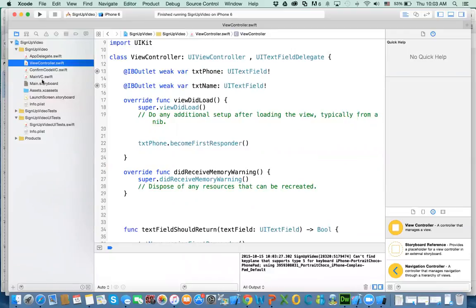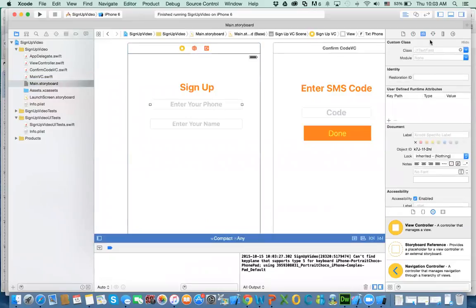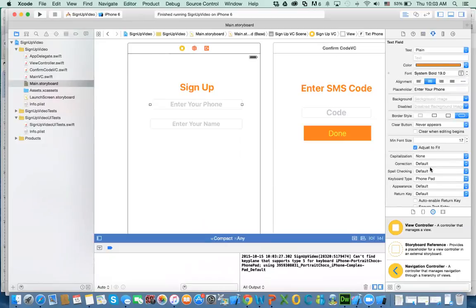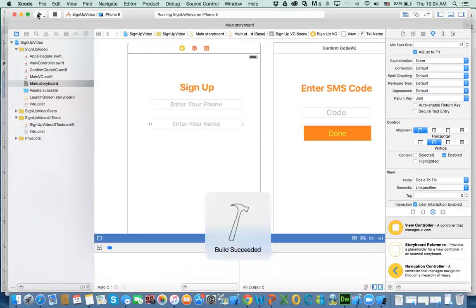One more thing here with the storyboard. I use this because it's a phone. We said that the keyboard type is phone pad. And for this, remember that return key I was telling you about? So here it says join. So if we go here,